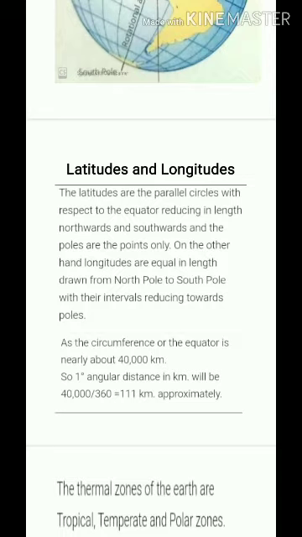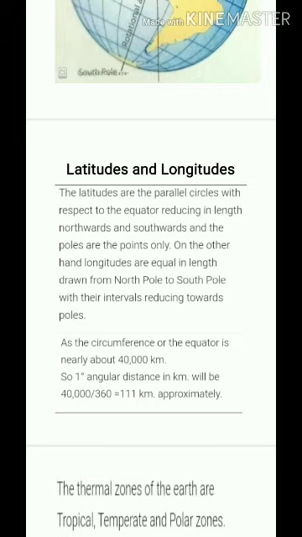These parallels and meridians can be used to define the location and direction of any place on the globe, and the parallels and meridians intersect each other at right angles. Our keyword is that these both lines intersect at right angles. The network of parallels and meridians on a globe is called the Earth's grid or the geographic grid. The concept of latitudes: an imaginary line connecting all points on the same latitude is called a line of latitude or a parallel.